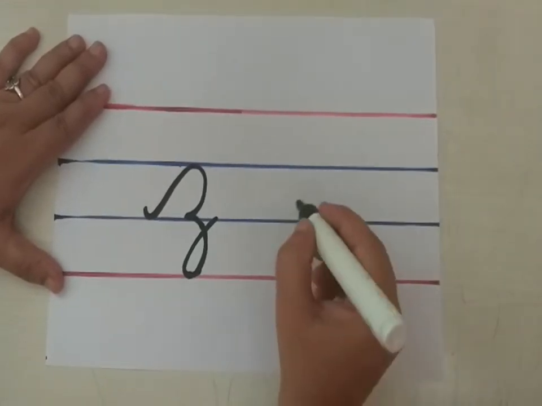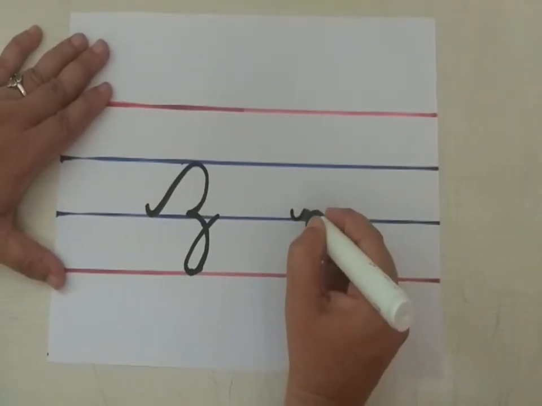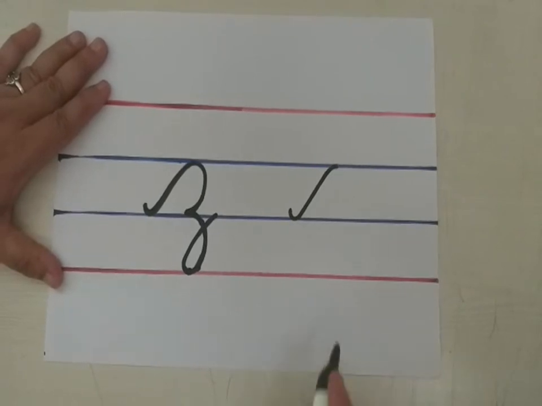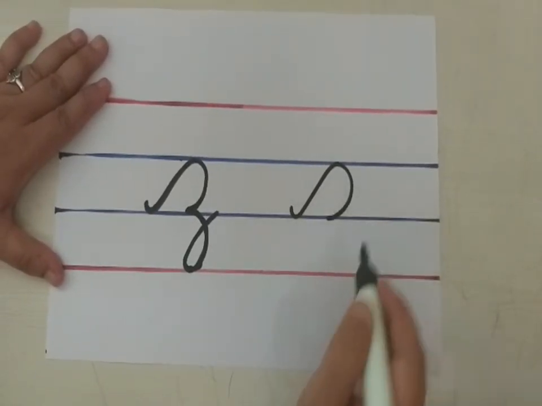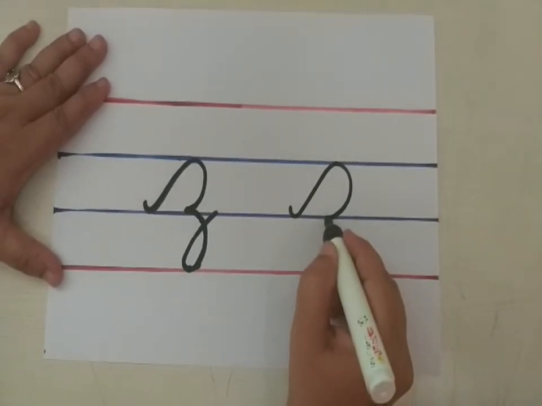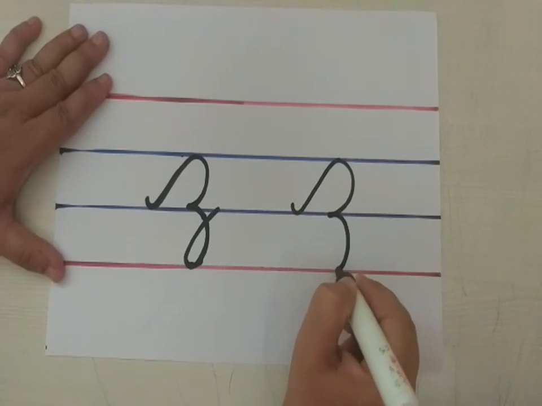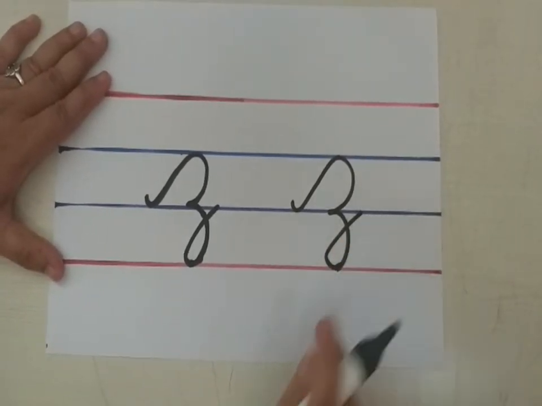Yes. Take a small curve. Go up to the second blue line. Up, children, like a slanting line. Now make a half curve, children. Half curve. Okay. Again come down to the fourth red line. Down, children. You have to come down. Okay. Now take a turn and go and join this third blue line.